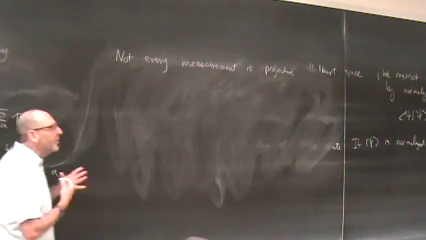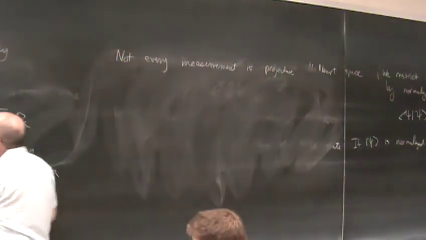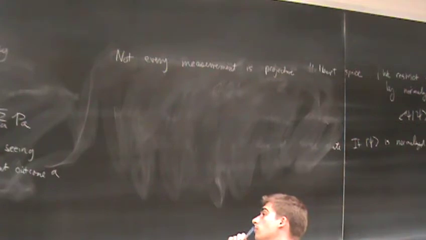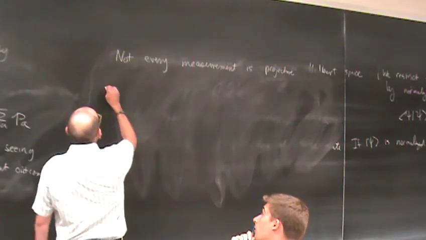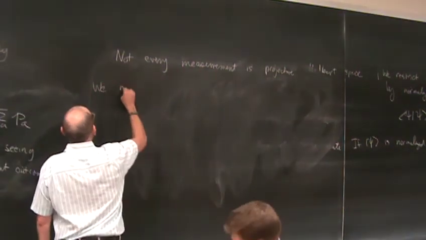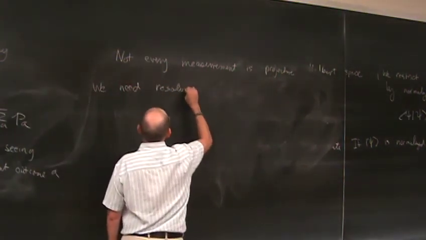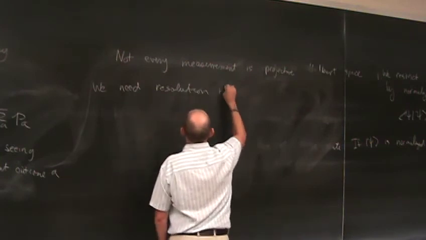What's required is the following. We need some way of breaking down probabilities as positive numbers that add to 1. And what's required for that is a resolution of the identity